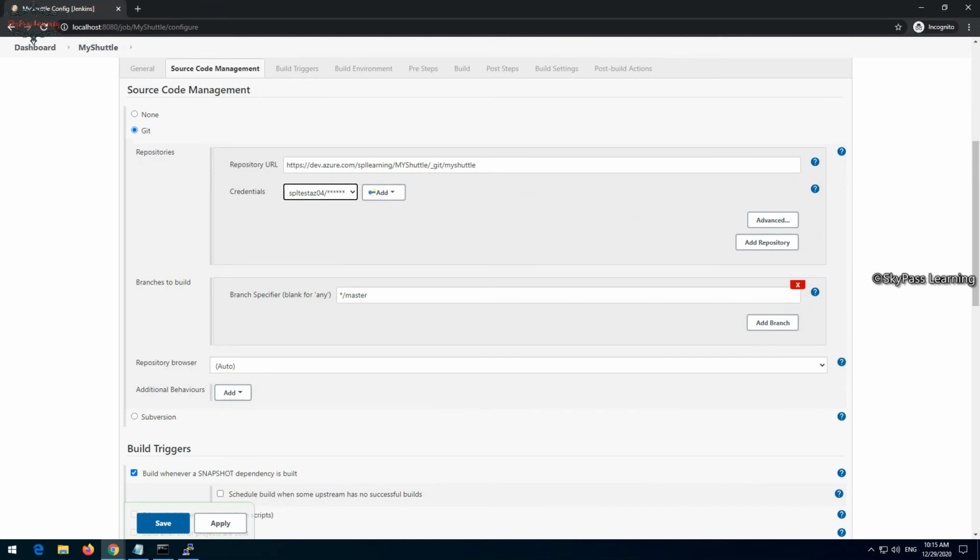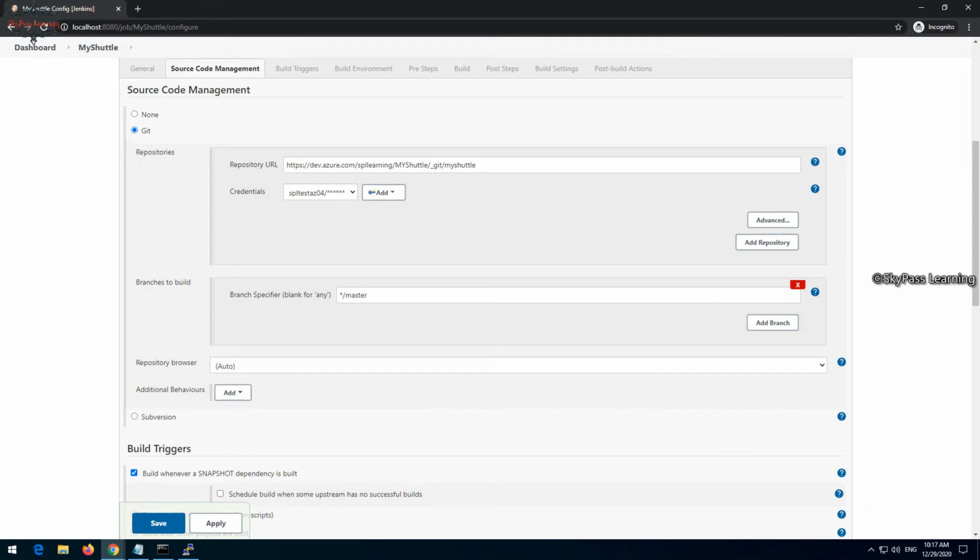Once you add the credential, select the same credential here. Then we have to do a couple of more configurations in the same window. Before moving to that, we can see now the error is gone because we have provided the credential to connect with